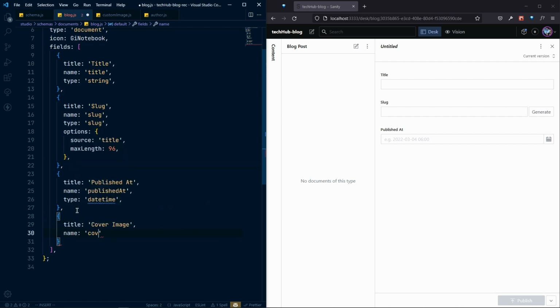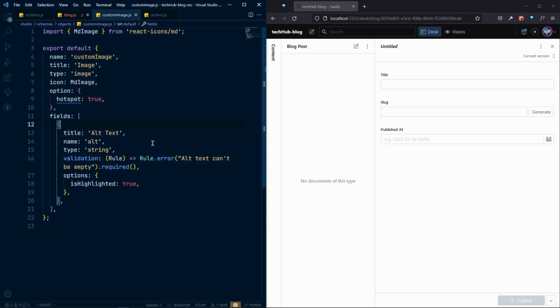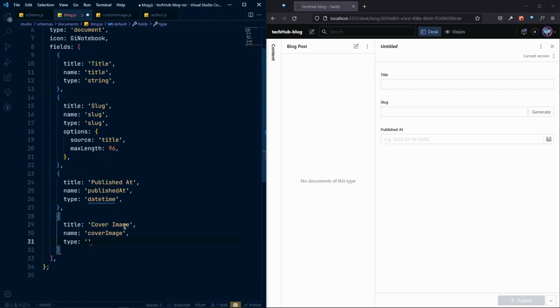So name will be the cover image, and also the type. So here in the type, whenever we will now specify the type, instead of image, I wanna specify the type custom image. So that's the name of our custom image object. So we can say custom image, and if I save, I will not see it yet